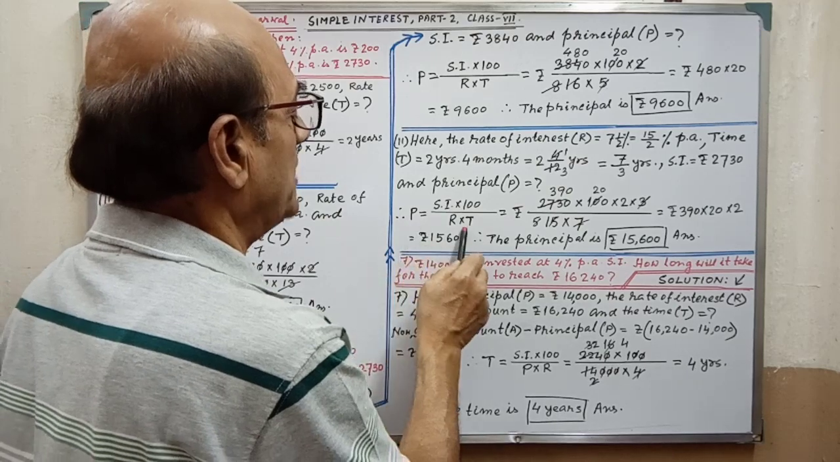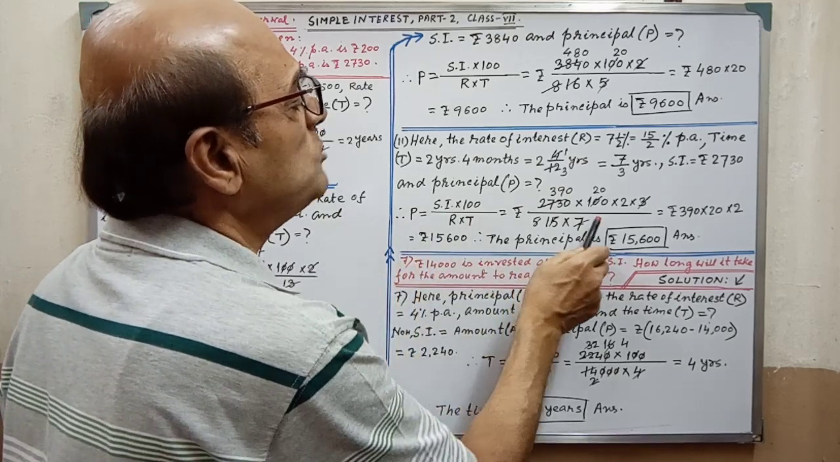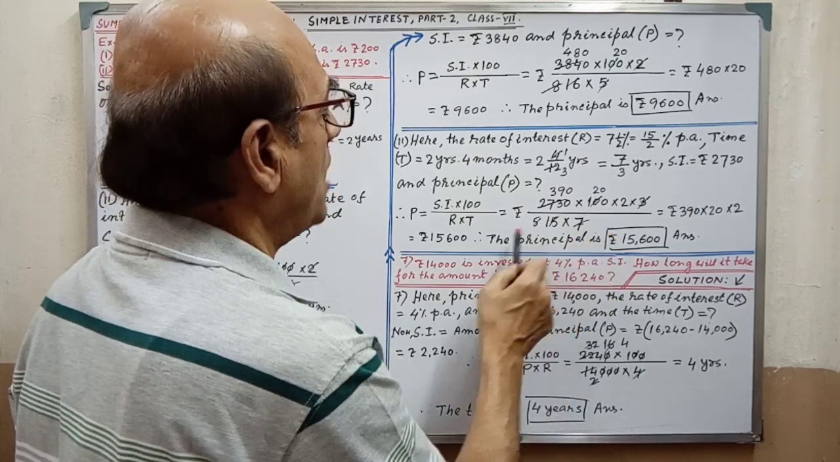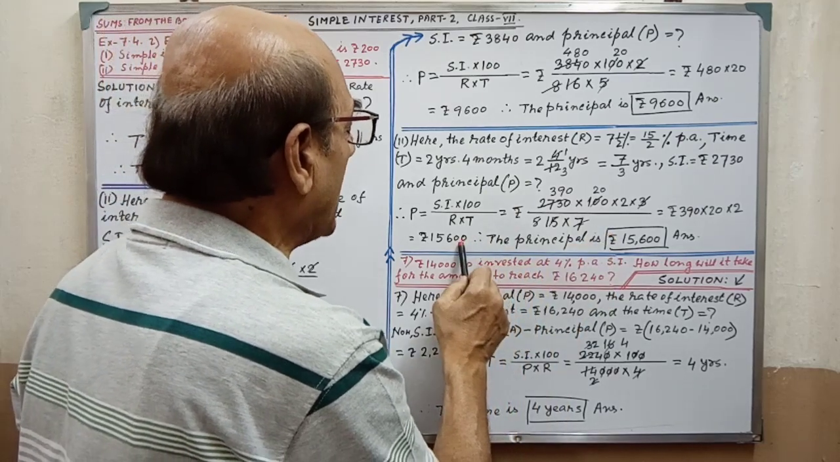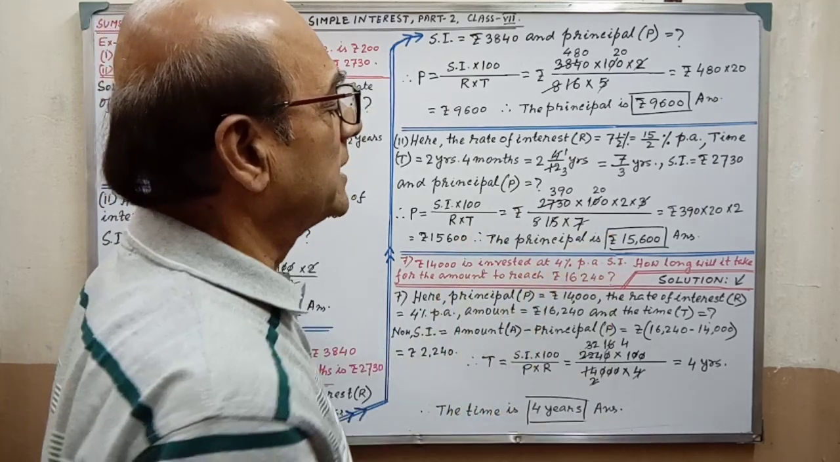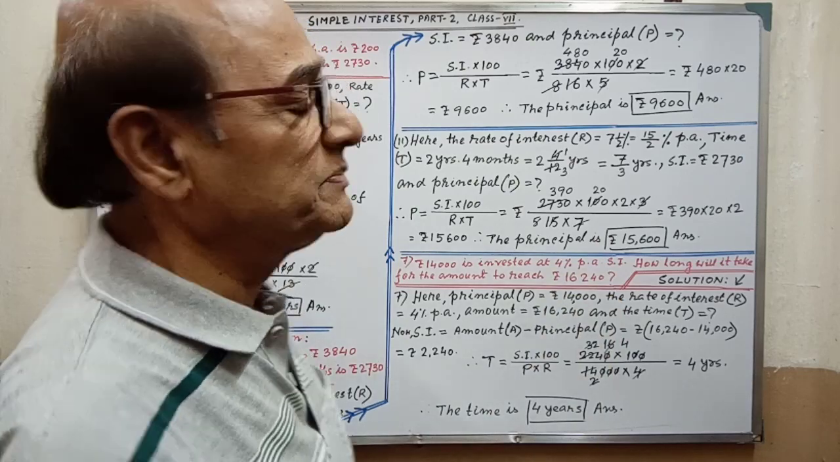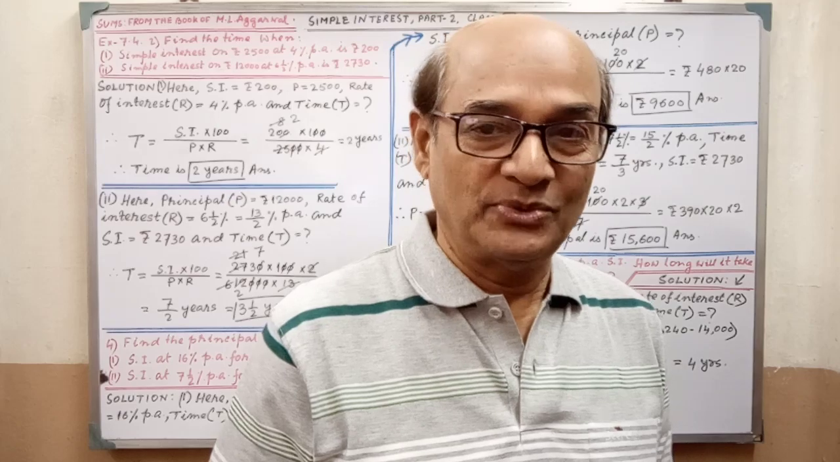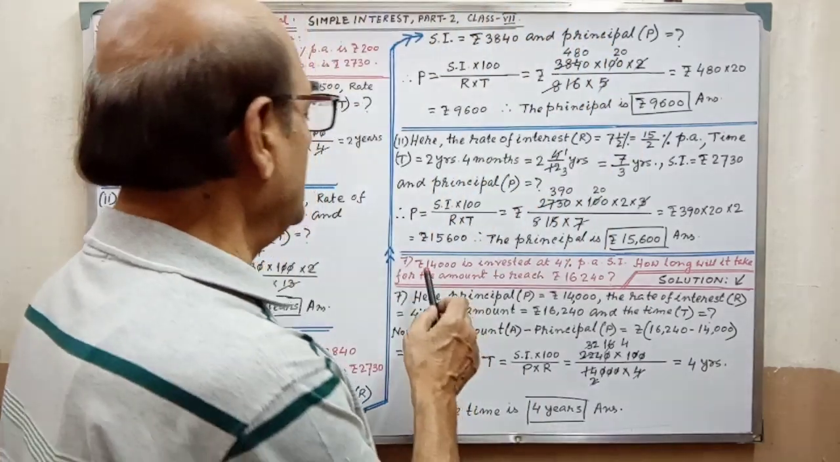Therefore P equal to, after writing the formula, then you have to put the relevant values. After putting relevant values, you have to do the calculation. In calculation we are getting principal is rupees 15,600. Calculation you have to notice attentively. Next and last sum, that is